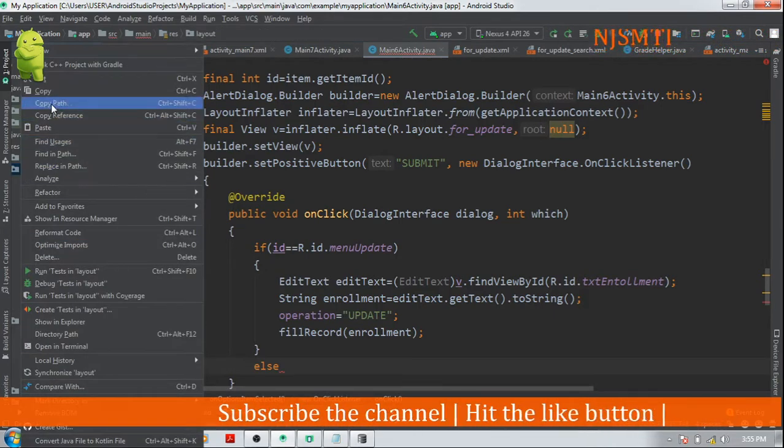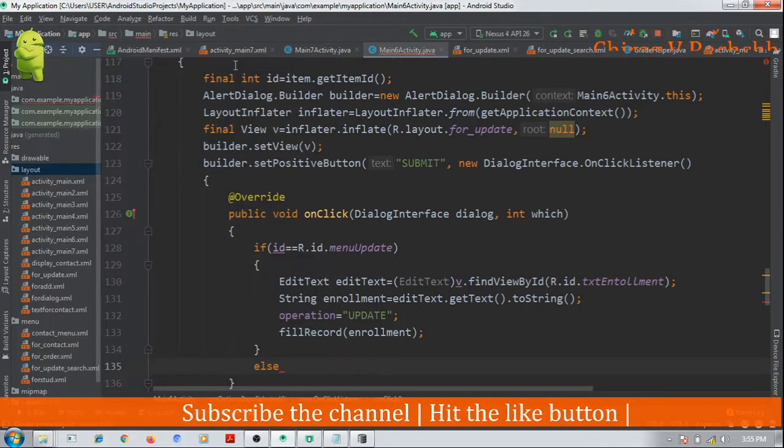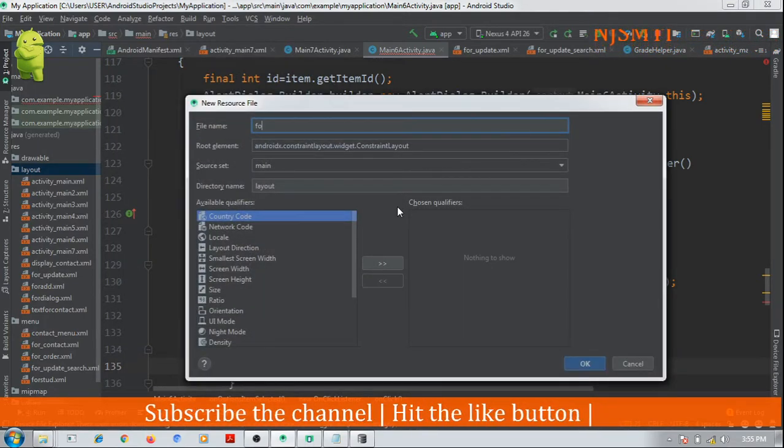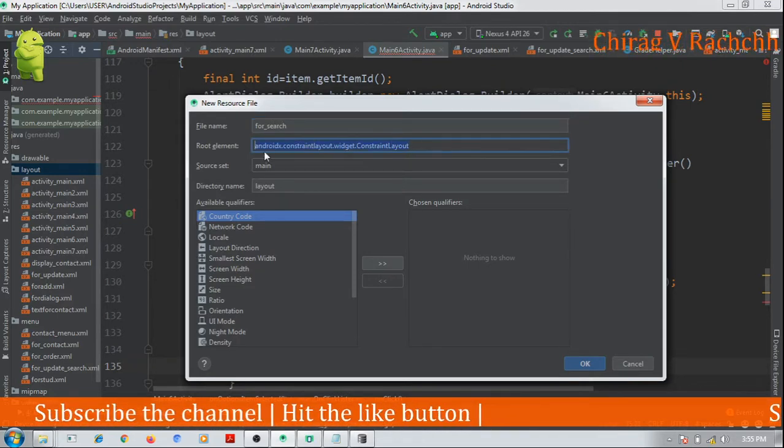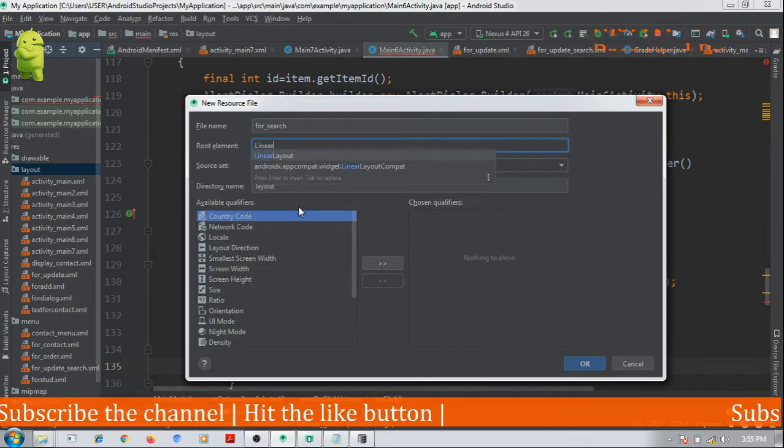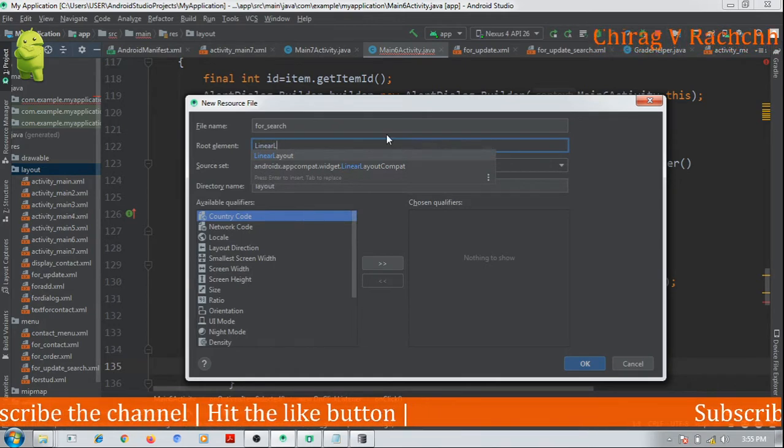we will define another layout for search, and we would have a linear layout.